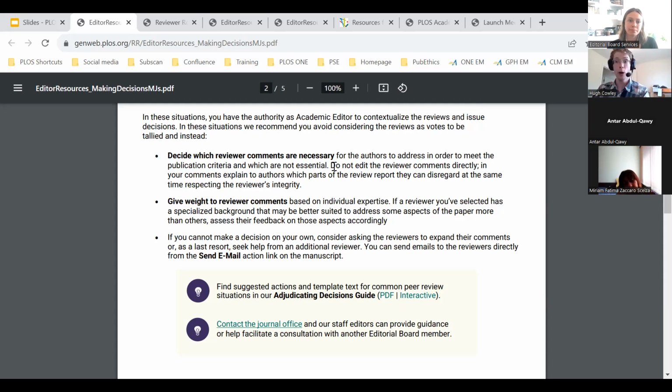If you are commenting on the reviewers' comments, please respect the reviewer's integrity. I'm sure I don't need to say that, but people can make comments in good faith that might be strongly worded, or you might consider them unsuitable or inappropriate. You might want to reference that to the authors in your decision letter, how you consider they should respond. But please assume that all comments provided by reviewers are given in good faith, until or unless you have reason to believe otherwise.